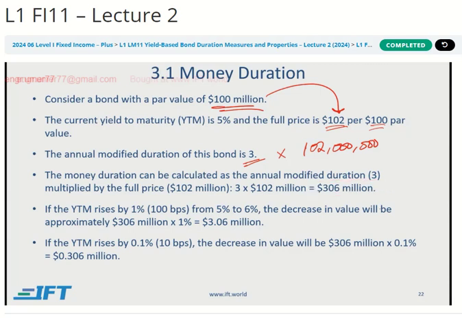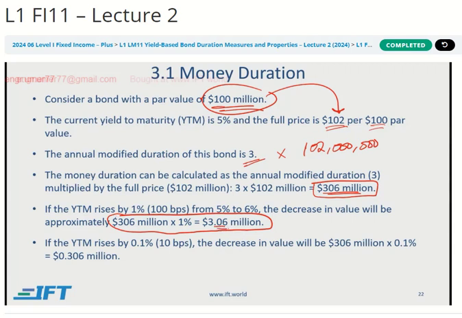Now you might be thinking, oh my God, that is so huge. Does that mean if the interest rate goes up 1%, this bond is going to lose 300 million? Well, it's not possible. The bond itself is worth 100 million or 102. How can it lose 300 million? The money duration doesn't tell you the amount that it will lose. It's just something that you have to multiply with the change in yield to get the amount that it will lose. So if the yield is changing by 1%, then you multiply that 306 million by 1%